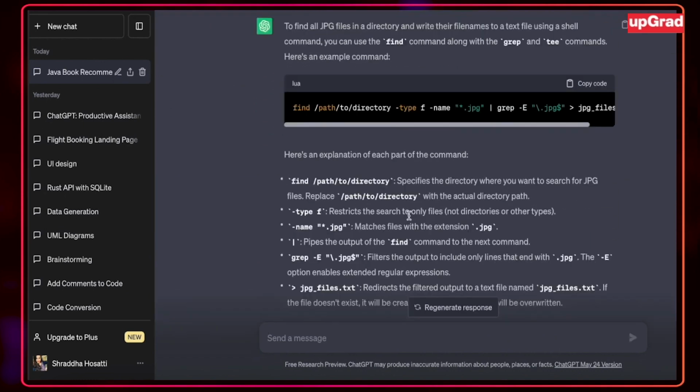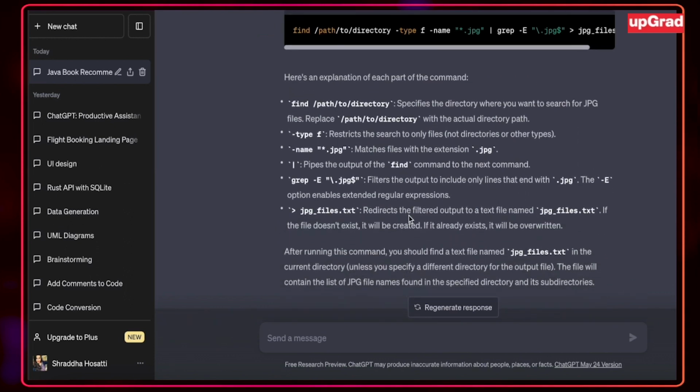I personally love this response. Even if you aren't well versed in Linux commands, you can easily find the exact instruction you need to solve the problem. Additionally, ChatGPT explains how the command works line by line,